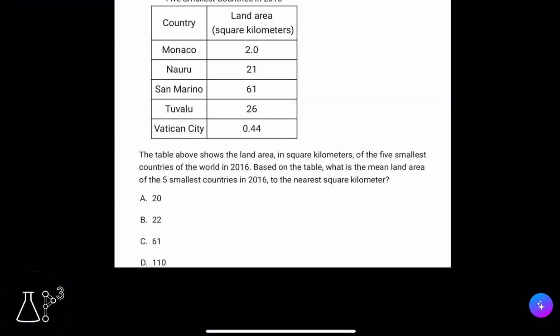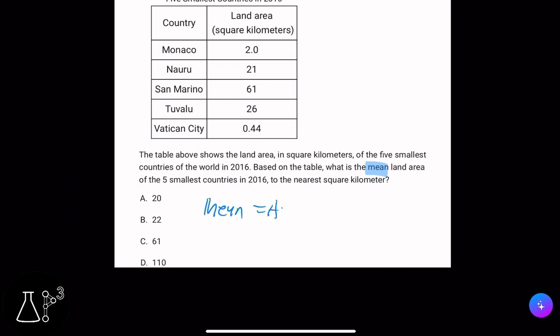Okay, the table shows the land area in square kilometers of the 5 smallest countries of the world in 2016. Based on the table, what is the mean land area of the 5 smallest countries in 2016 to the nearest kilometer? So, for this type of question, what are we looking for? We are looking for the mean. And the mean is the average. So, mean